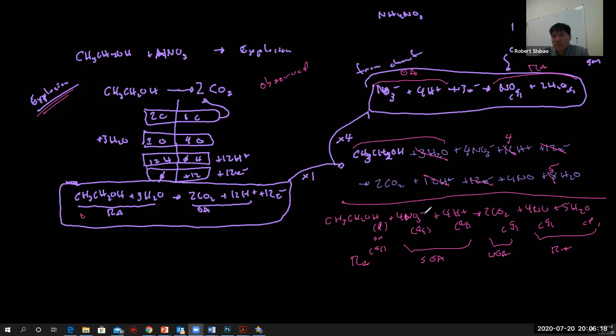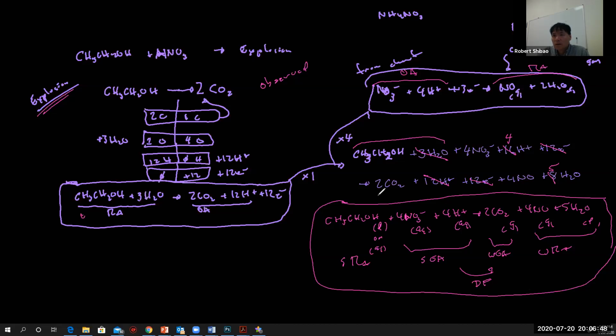Nitric acid will eat up lots of metals, including copper metal. And what's easier to burn, ethanol or nitrogen monoxide, nitric oxide? You probably don't know that so well, but ethanol is electron rich. NO is +2 on nitrogen, so it's electron poor. So this is stronger to weaker, and this would be the driving force we have. And so this was the explosion that I had in the lab.